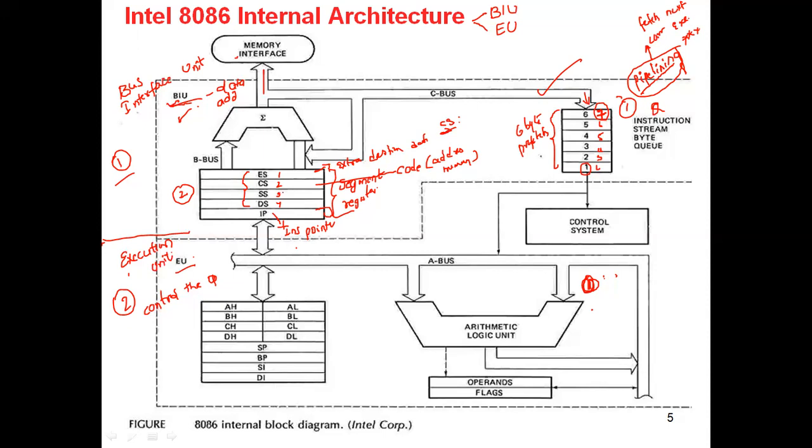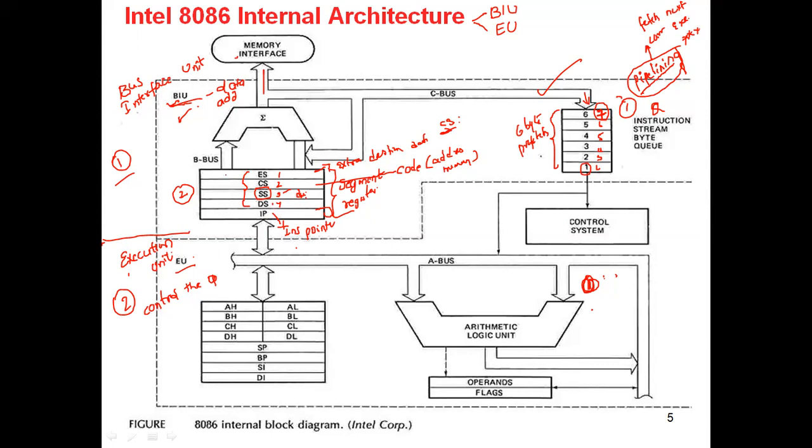Next one is the stack segment. SS stands for stack segment. It handles the memory to store data and addresses during execution. So during execution, if we store data and addresses in memory, we store that in the stack segment. And lastly, the data segment. DS is the data segment. It consists of data used by the program and is accessed in the data segment by an offset. So that is the purpose of the data segment.